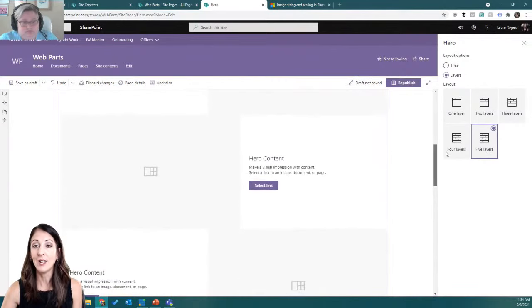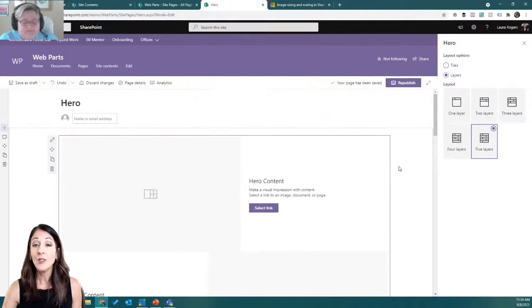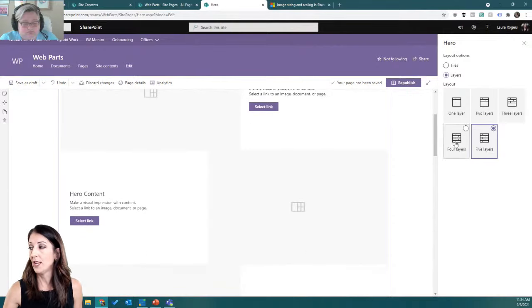It's going to be 5 layers. So then with layers, you have an image on the left and a title and description and even a button over on the right, and it just alternates them down the page. And so of course I can change it to 4